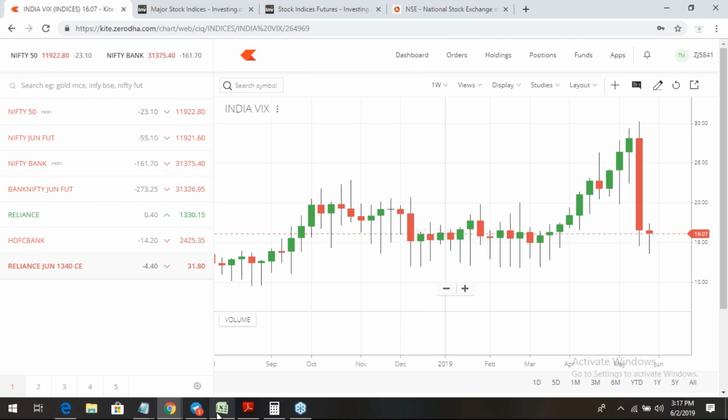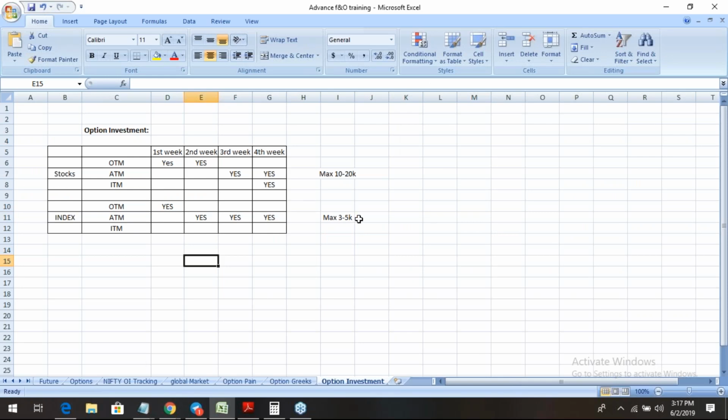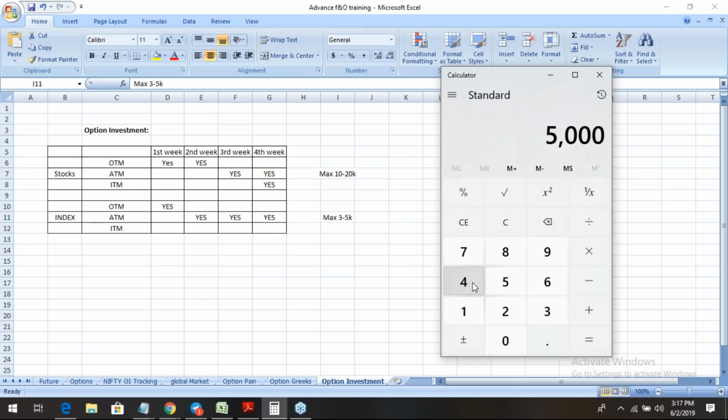But now everyone understood how much investment you have to do in options. For index, you have to invest max 3 to 5K, not more than this. How much does 5K mean? 5K divided by 75 means you have to buy max 60 or 70 rupees call, not more than this. Okay,